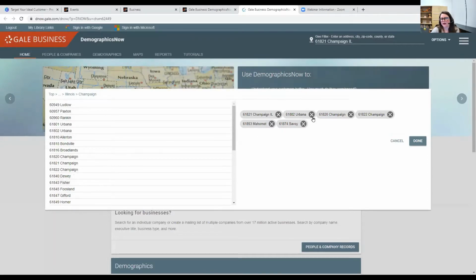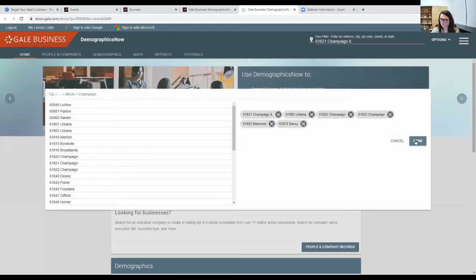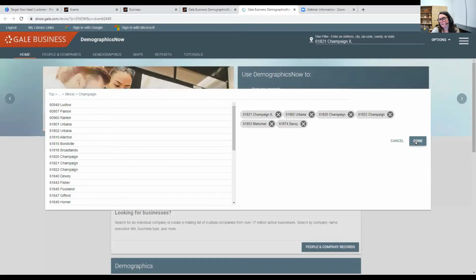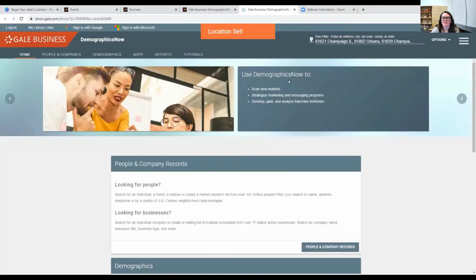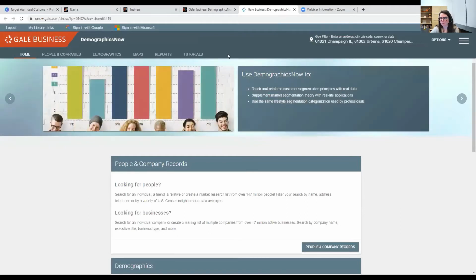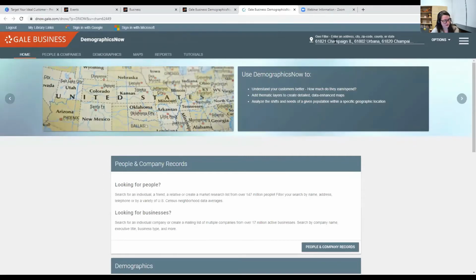All right, so I have these 6 choices, and I think that's going to be great for me, because what if I maybe want to put up a brick and mortar business? I want to make sure that it's in an area where I know people have enough money to spend on my stuff. So now that I have my location all set up, I'm going